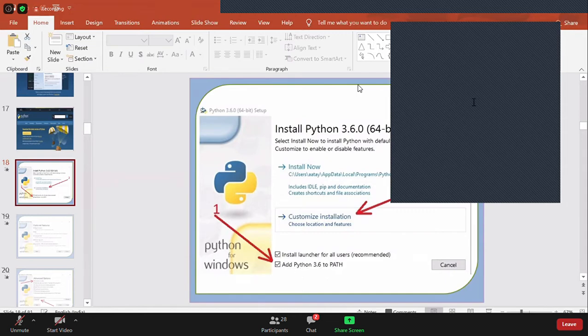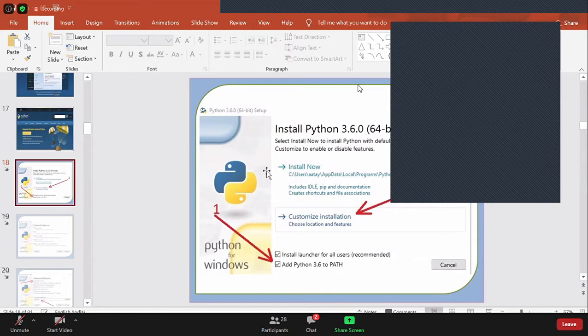As Venkat has asked, that's why I ask if anybody is facing a problem with path. Not all of you, but a few of you may face the problem with path, because at the time of installation you might not have selected this option. Yeah, that's what, Kiran. It will update by default only if you select this, guys. Kiran, if you unselect this, it will not set the path, then you have to set it manually. Understood, everyone?